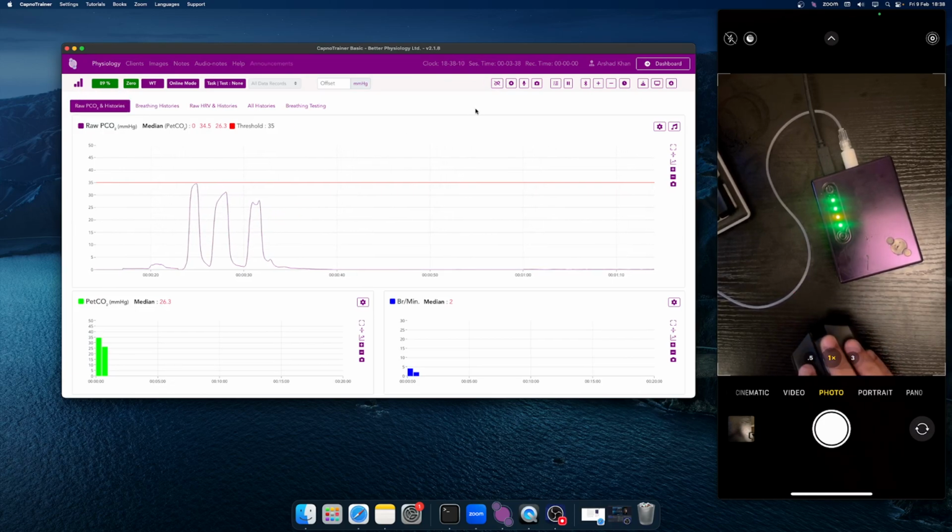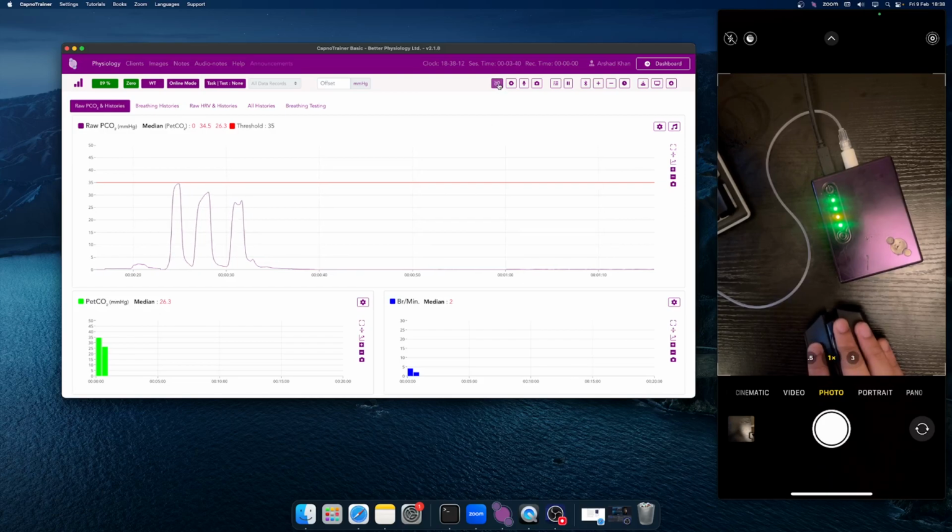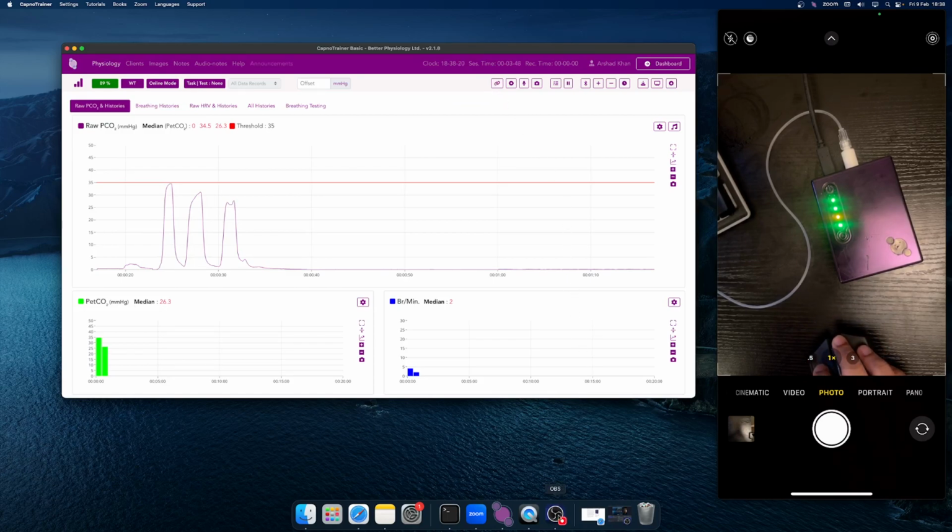Okay, perfect, thank you. I can disconnect the CapnoTrainer by clicking on the disconnect CapnoTrainer button, which was this button. I'm sorry, I did it a little too fast. So okay,